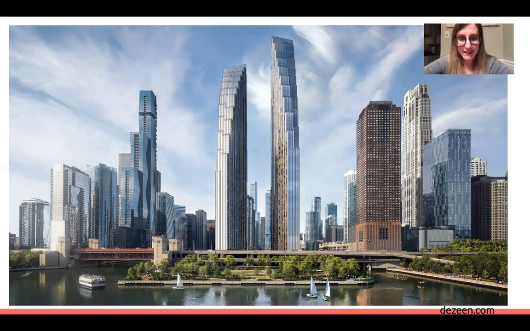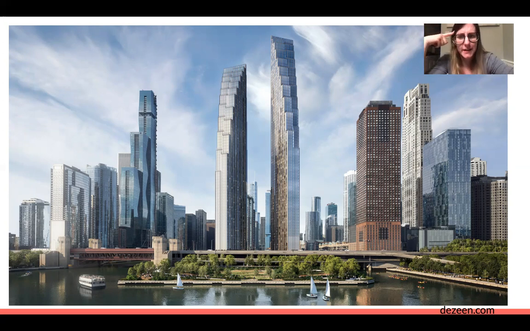Now I want you to take a second to wonder. What is a question that you have? I wonder. Maybe you wonder what city this is. Maybe you wonder how they built these buildings because they're pretty cool looking, aren't they? Maybe you're wondering about what the buildings are for. Do people live in them? Do people work in them?